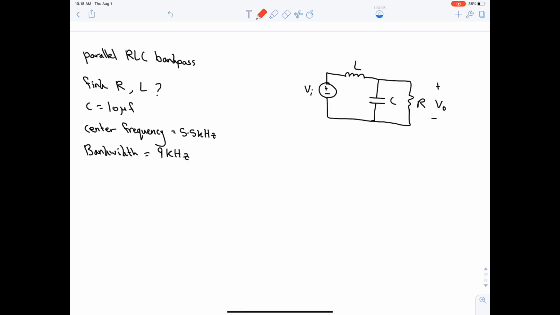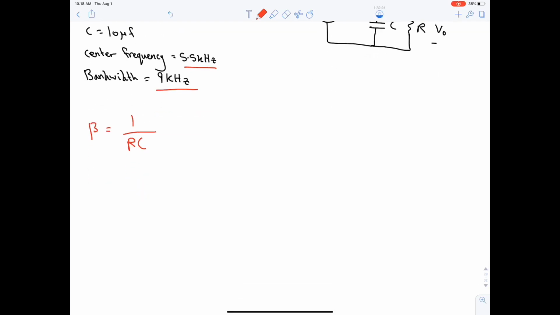Next, we have a parallel RLC bandpass. Find R and L. We were given these numbers. Convert, because they are in hertz. So here we know that beta is 1 over RC because it's a parallel RLC circuit. R is 1 over beta C, which is equal to 1 over 18 kilo pi. C is 10 micro, and this will give us